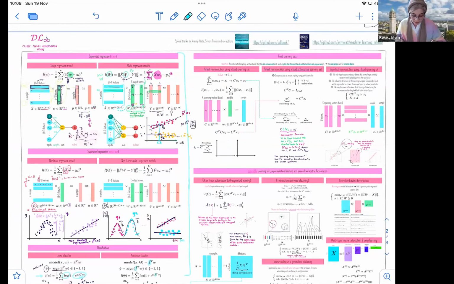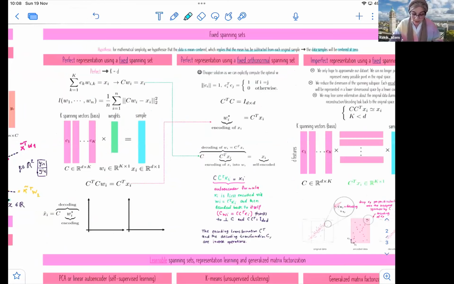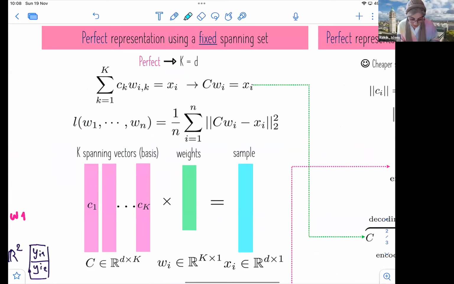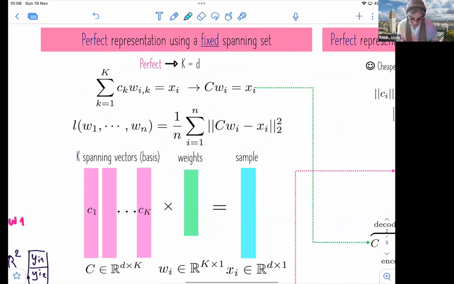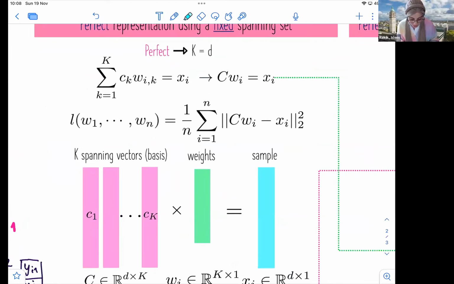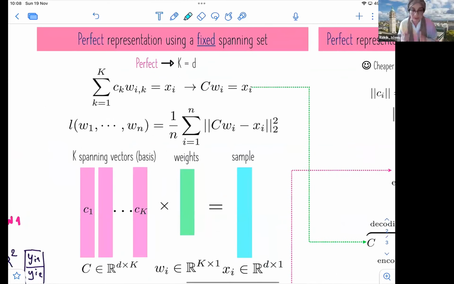And we're gonna talk about how to formalize unsupervised learning problems as learning or defining spanning sets for representing data. All right, defining new subspaces where we can represent data better. So the first one here, we can learn how to represent a particular data point, xi, using what we call a new basis of spanning vectors. So this is how we define